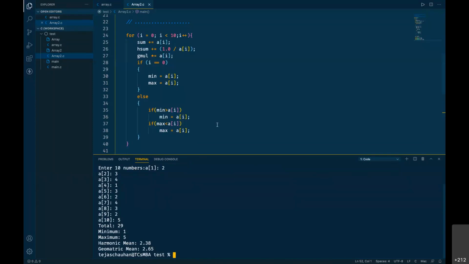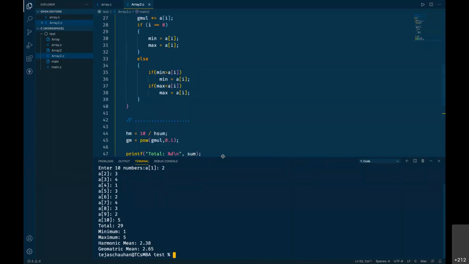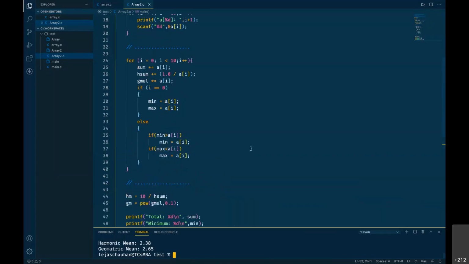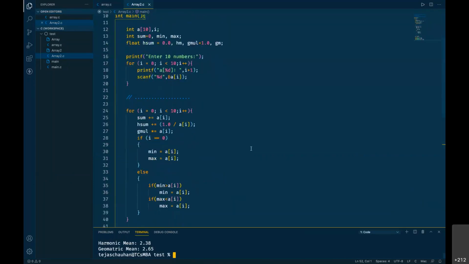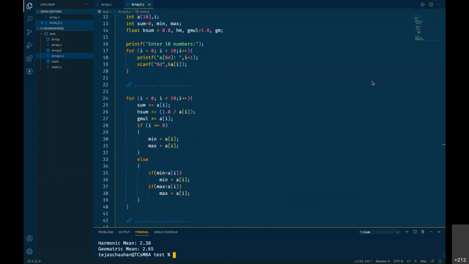So that's all. Few programs to work with arrays, and make use of arrays. So any queries? Query or question at your place? I'll suggest that today only you go for some practice related to arrays.